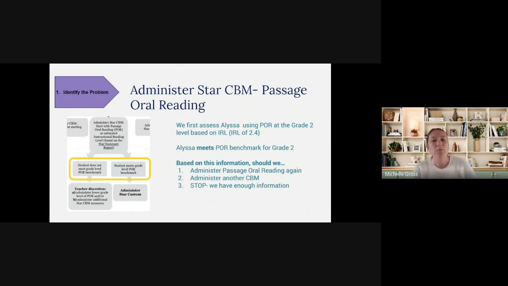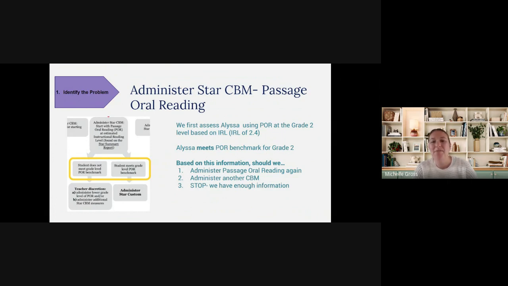Bridget, I like where your head is at. We gave her that 2nd grade POR, and we've determined that she did meet that. So now that she met the passage oral reading benchmark for grade 2, what do we do next? And Anna, I can see why you would say that, but we're trying to trick you here.